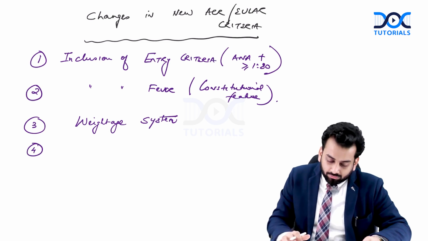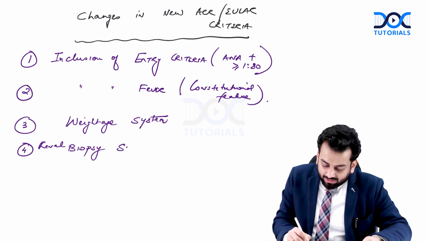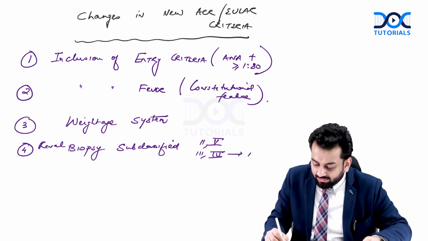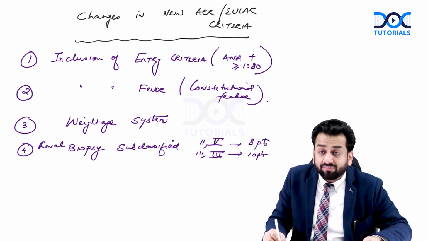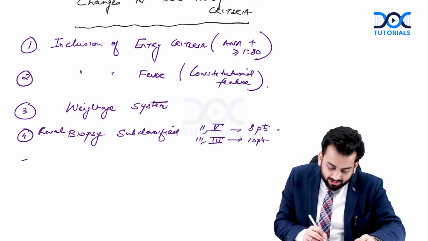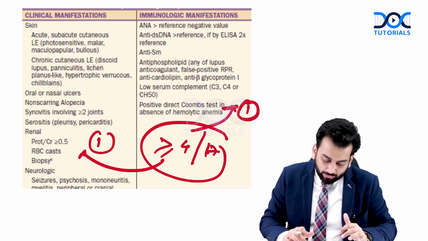Number 4, biopsy. The renal biopsy has been subclassified. How? The proliferative categories and the non-proliferative categories. The proliferative categories have been given 10 points and the non-proliferative categories have been given 8 points. Very, very important. And last but not the least, if you all have carefully noticed, in the 2012 criteria,